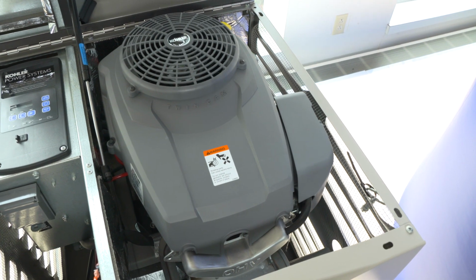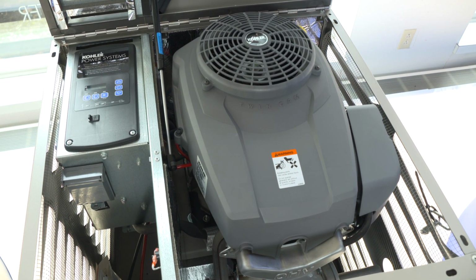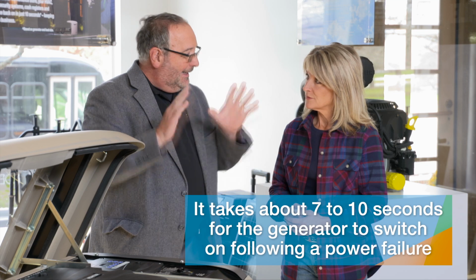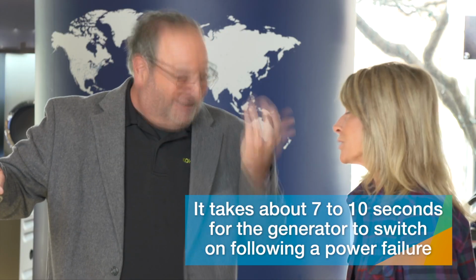You'll get a local dealer in your area. They'll install it with your local inspectors, and then you're in business. And let me get this straight. So if there's a power outage in my home, it's virtually seamless to maintain power. Virtually, but not exactly seamless. Remember, there is a safety delay to switch the circuits over from the street to the generator. So you have the event. The automatic transfer switch automatically starts the generator, switches the circuits, and that all takes place under 10 seconds. So it really is virtually